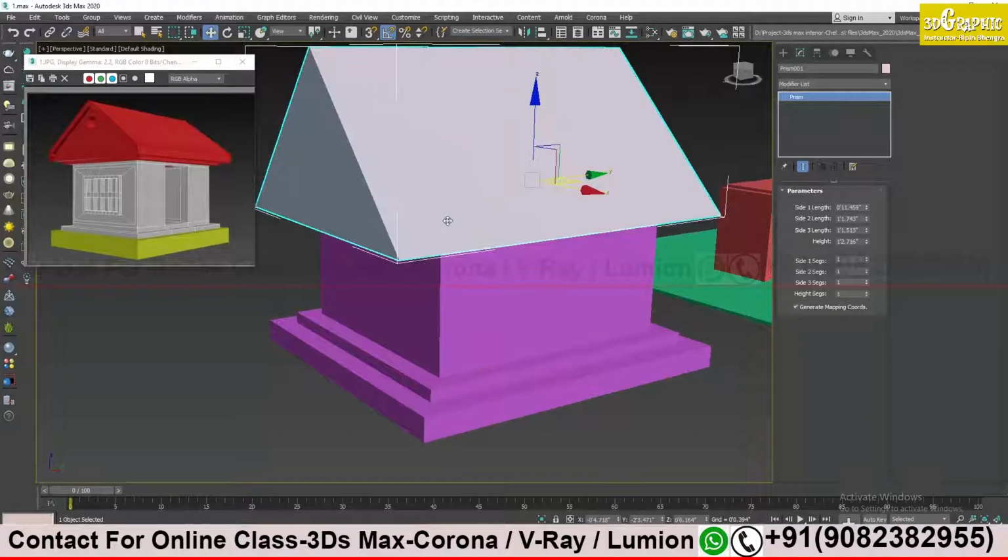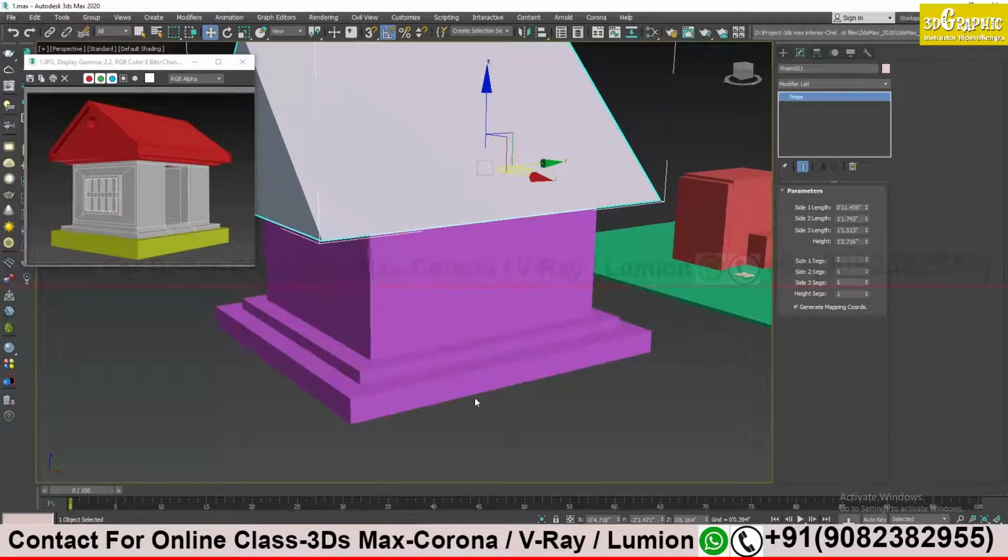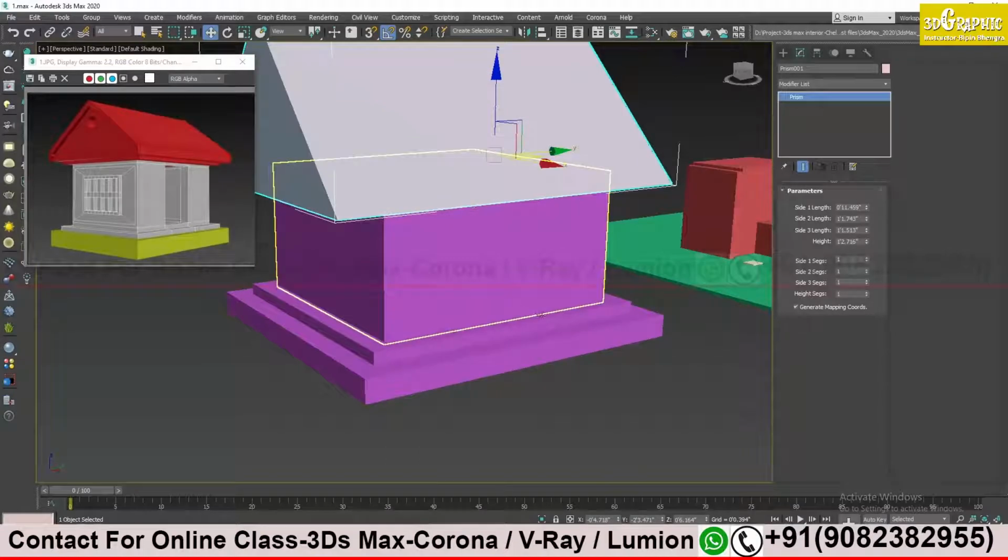Two things I would like to tell both of you. First is the color. Right now whatever I was doing is of the same color. How to change the color to see the object more properly. And the second thing is layers, a very important thing. First, the color. How to change the color?